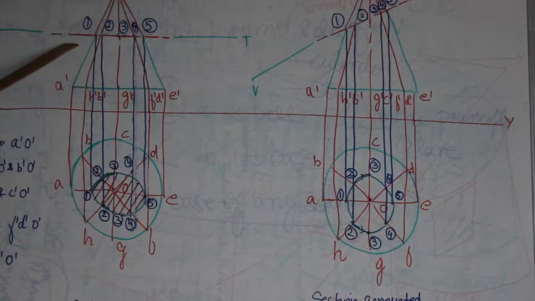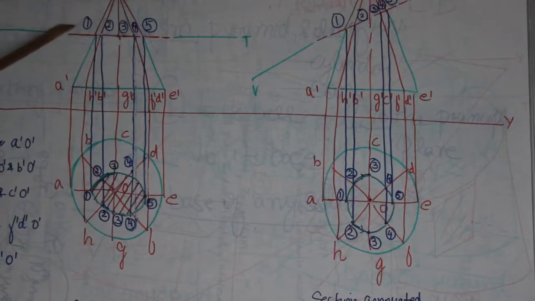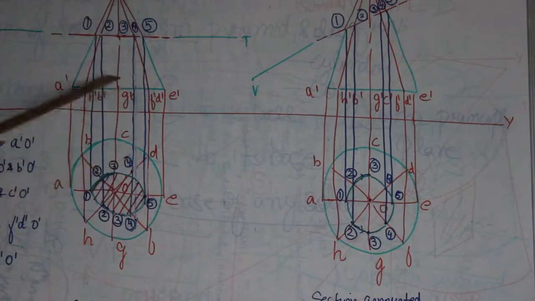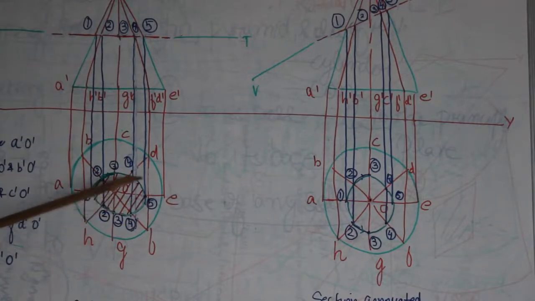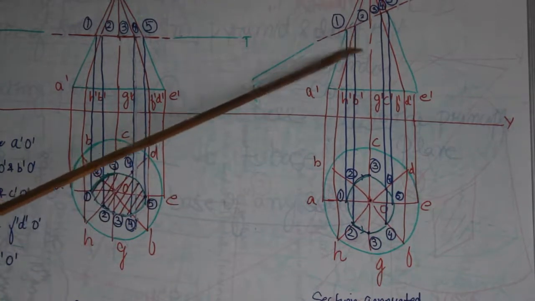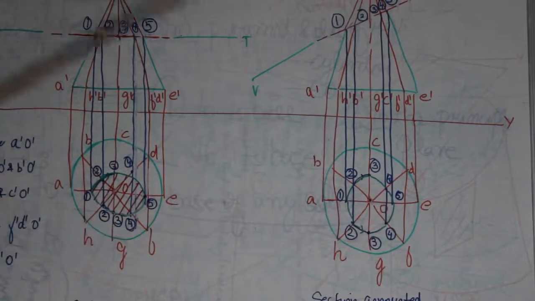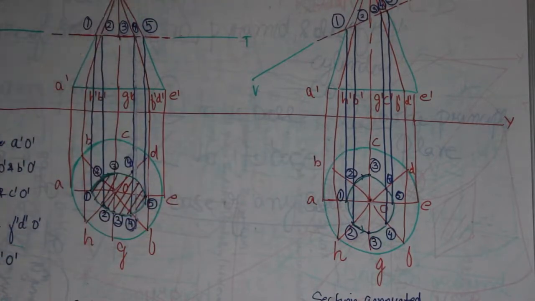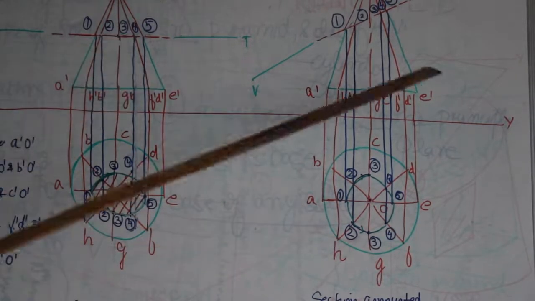If you're using an HSP, you get a true section in the top view. If you're using an HSP on the solid, would you get an apparent section in the top view? False. We get a true section in the top view. If you are using an AIP, would you get a true section in the top view? No, we get an apparent section. So such type of objective questions can be composed out of these answers, and thus I hope you understand about the sections which have been generated on both of these